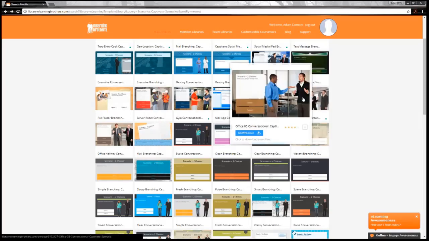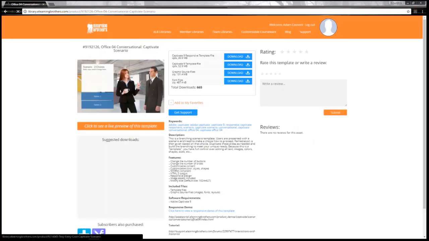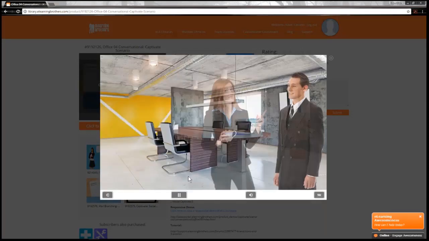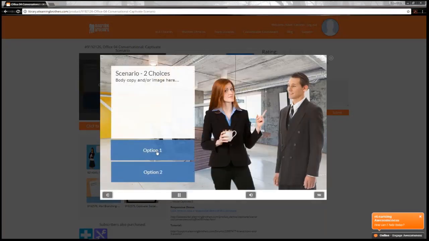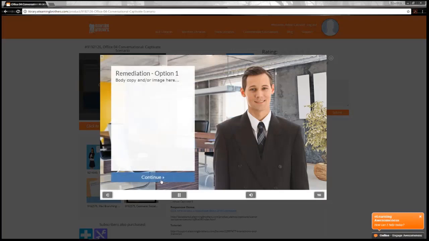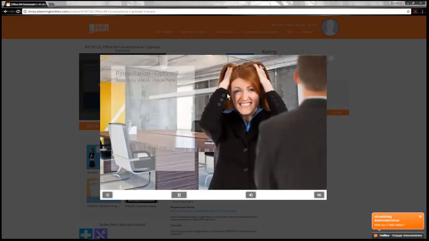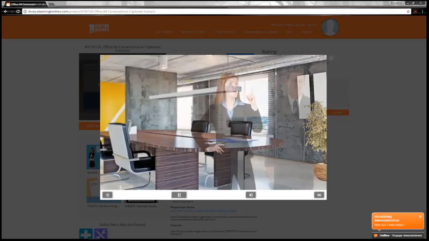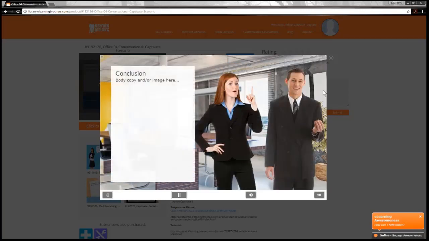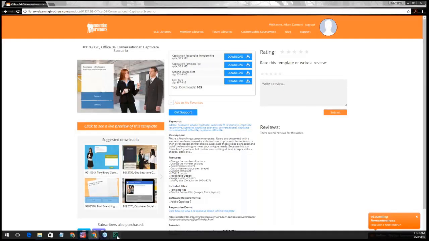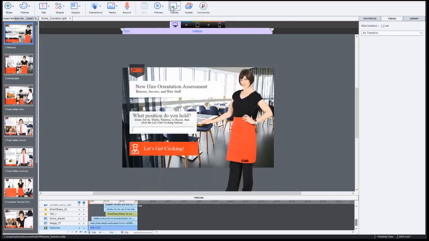It was just, I think, this one here. I took this one. It's just a template. It's just a branching scenario. Two people talking. An option 1 takes you to a branch. You can continue. It takes you then to a 3-option branch. There's a wrong answer, right answer, whatever, and then it gives you a conclusion. And there's more slides than that. But I brought that into Captivate, and I made this out of it. And if we look at this and preview it,